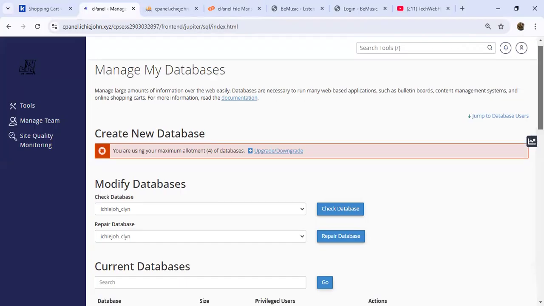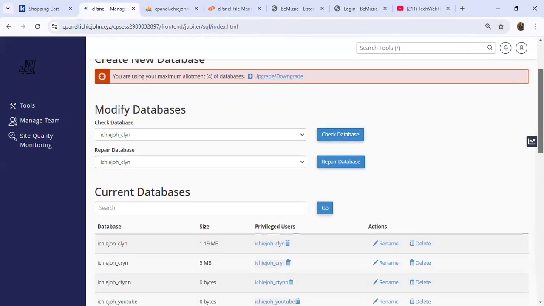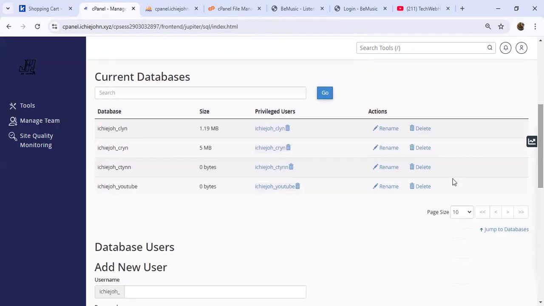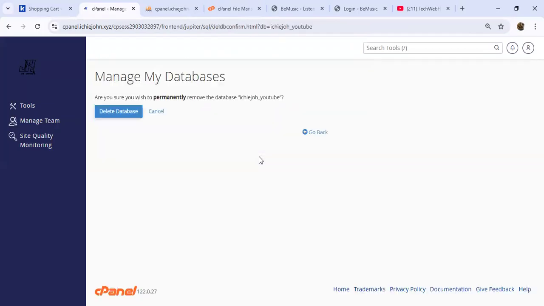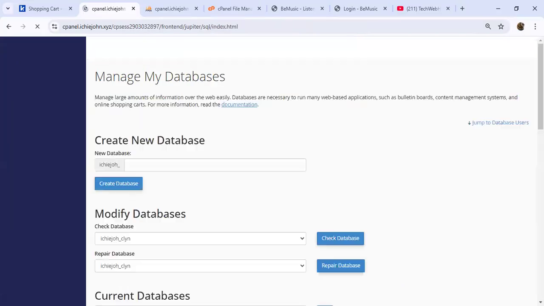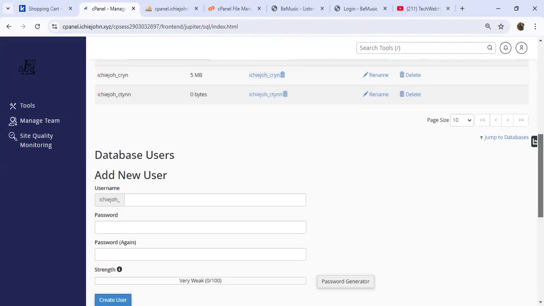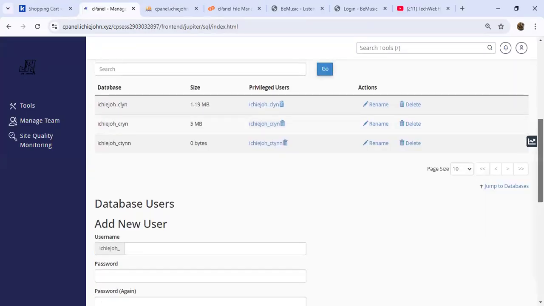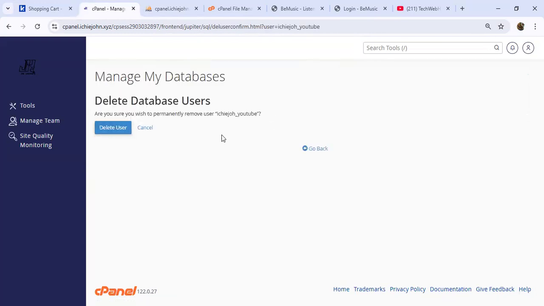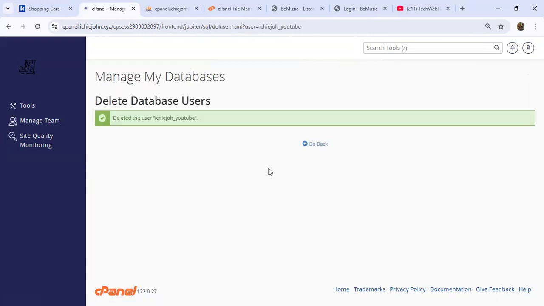Now, because of the plan I picked, I'm only allowed one database available on this hosting plan. So I'm just going to delete this one. I'm going to create it again just for the sake of this tutorial. So I'm going to come over to this side. When you come down here, I'm going to delete this also. So I'm going to delete the user. So I'm going to go back